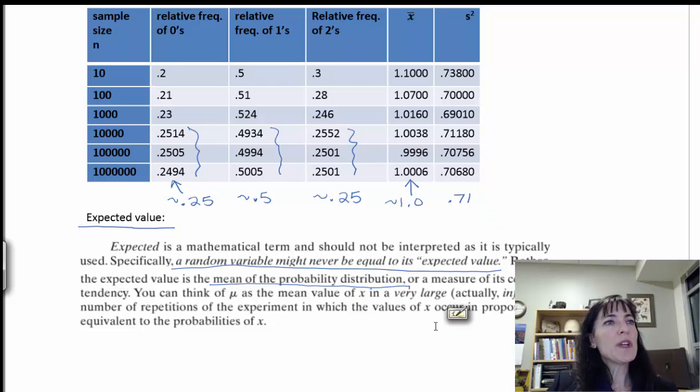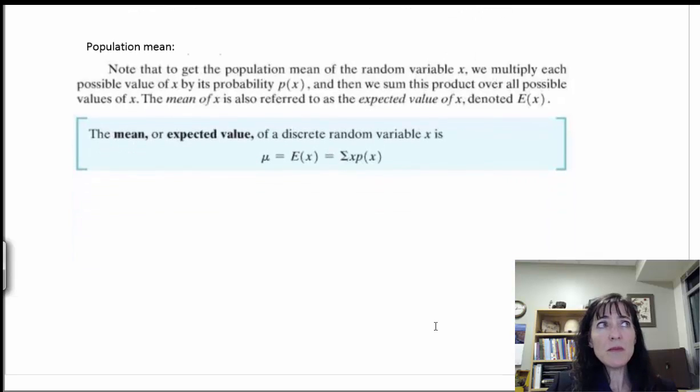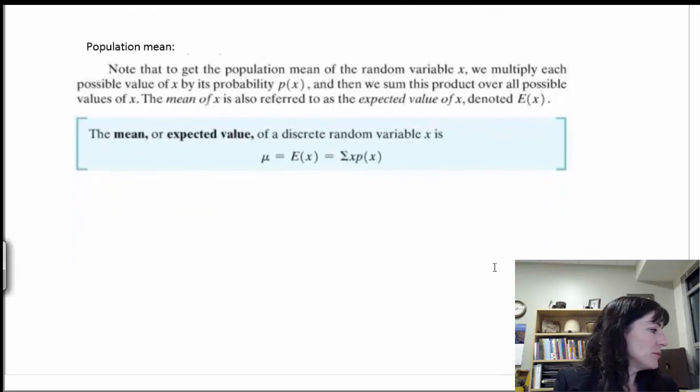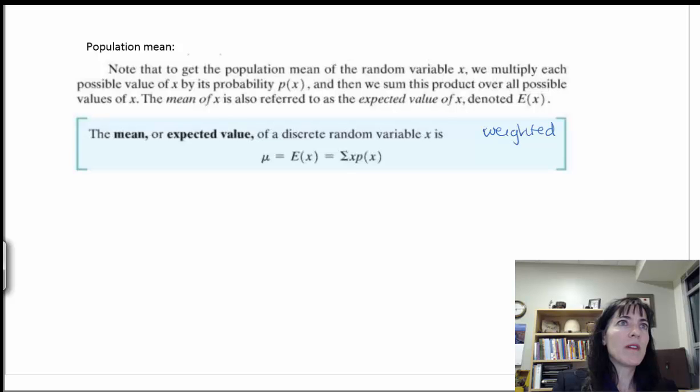Okay, so we do have those formulas. And for the population mean, we can think of that as just a weighted average. And what I've found is that students don't really understand weighting when it comes to grades, because many times the teachers won't use true weighting. They'll just say, oh, that test is worth twice a normal test, or it's just on a point system or something like that. So we're not as familiar with a weighted average as we would like to be, but essentially